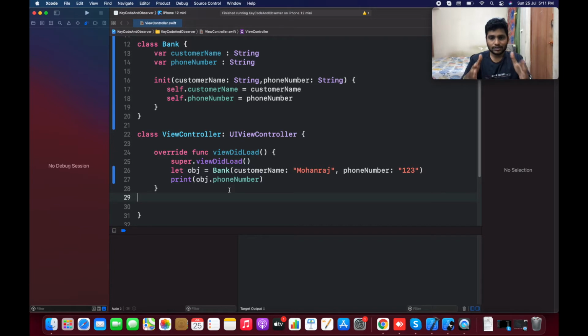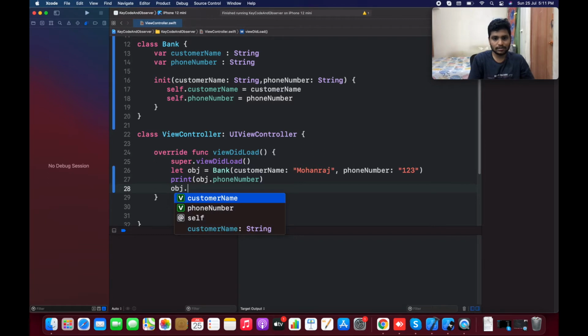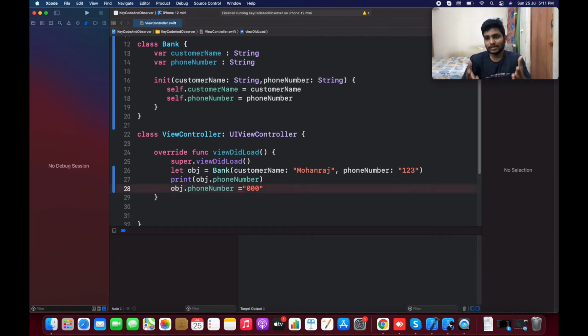Without this concept, we couldn't tell whether the phone number has changed. Consider I change the phone number to 000, but I couldn't retrieve whether it changed from 123 to 000 or not. In this place, KVC and KVO are going to help us.